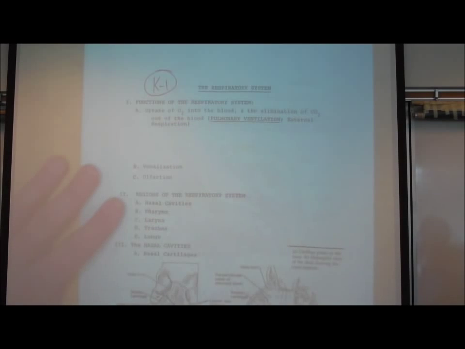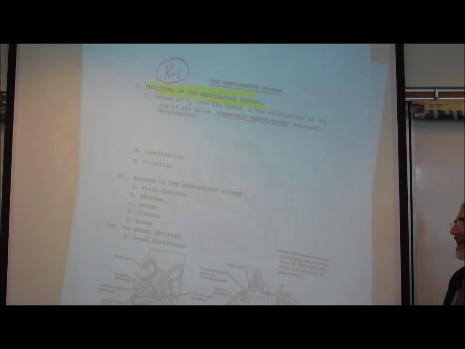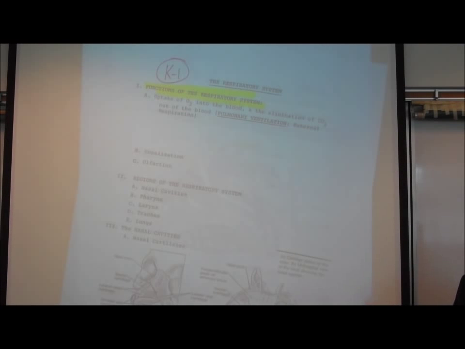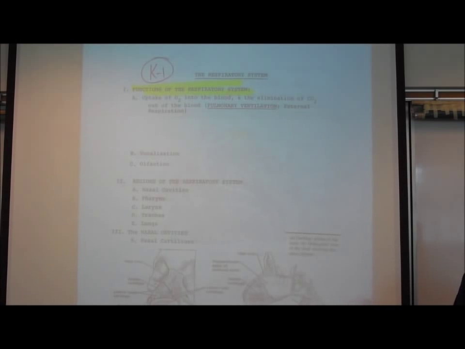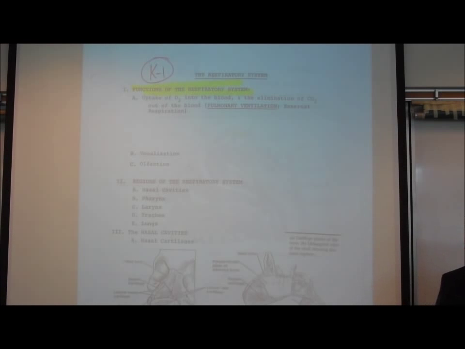The respiratory system. What are the functions of the respiratory system? Well, obviously, in goes the good air, out goes the bad air. The reason you need the good air is the oxygen. And what's the bad air? Carbon dioxide. Why you need the oxygen and where carbon dioxide came from are both related to the same thing, cellular respiration. You use oxygen for cellular respiration to make ATP, and carbon dioxide is a waste product generated in cellular respiration as you make ATP.